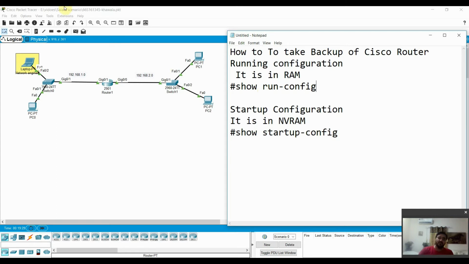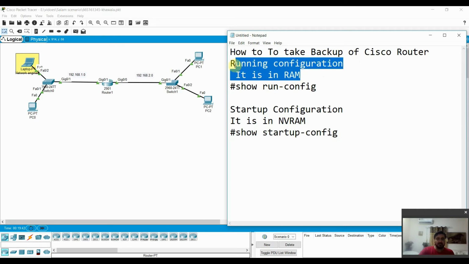Okay, so we have two types of configuration in the Cisco router: running configuration and startup configuration. The running configuration is always in the RAM. It's the same as when you are going to write something in Microsoft Word, Excel, or PowerPoint.